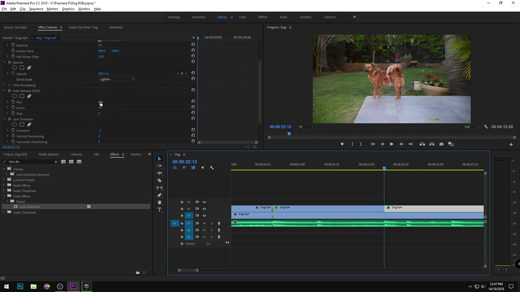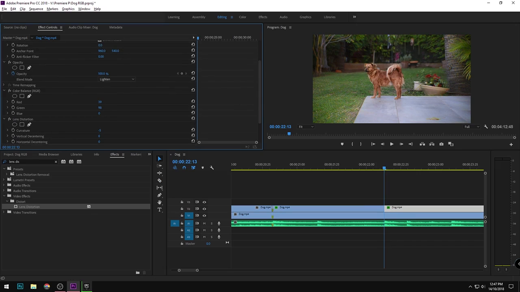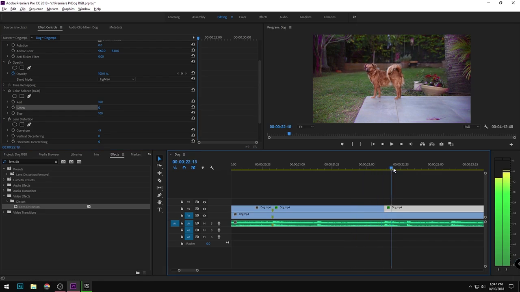Oh yeah, there's a glitch by the way. Instead of 100 it shows 39. Just change it to 100. Make it a kind of pink color, and then